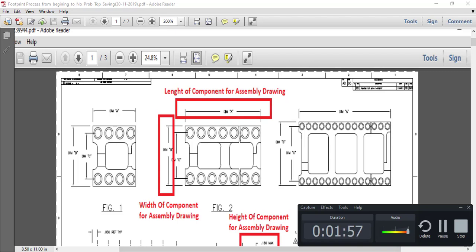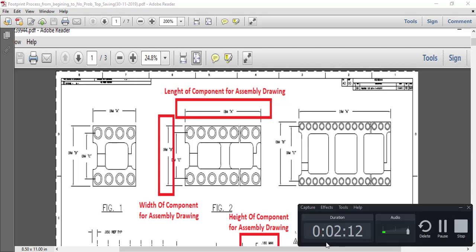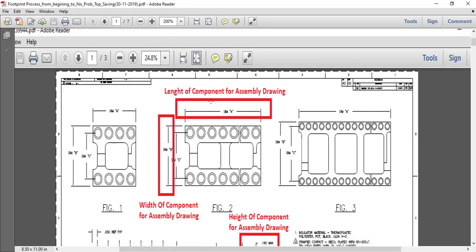This assembly outline is already given by the manufacturers or suppliers. It is the exact size of the component. They have given it here as the red lines. See, I have already marked the assembly outlines with red lines. So please note it down.